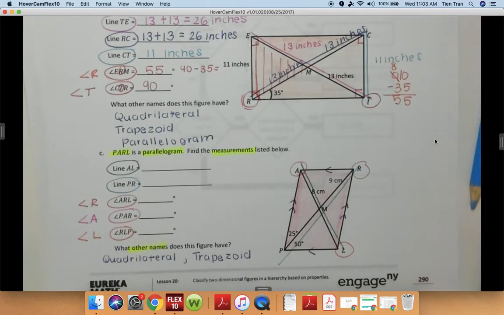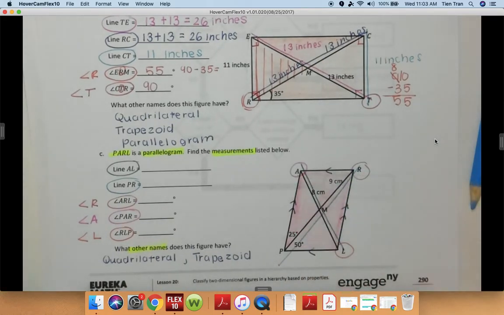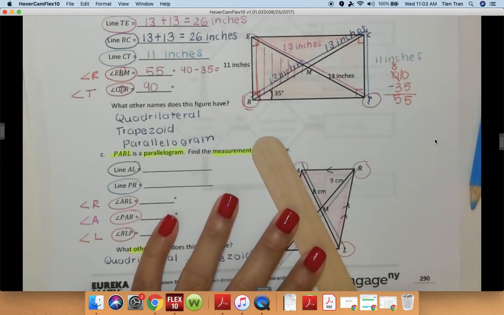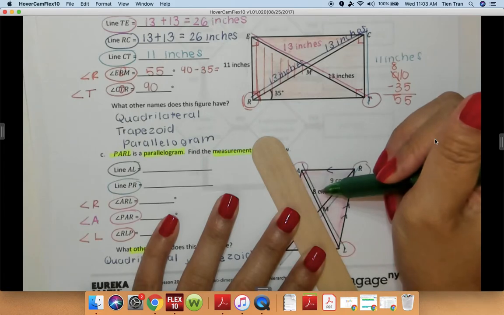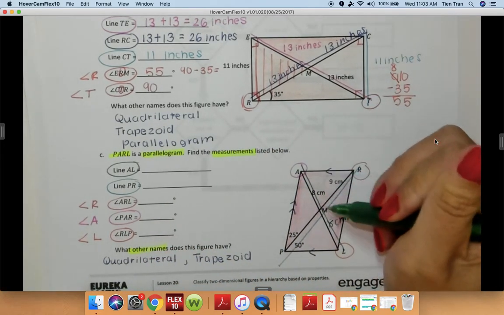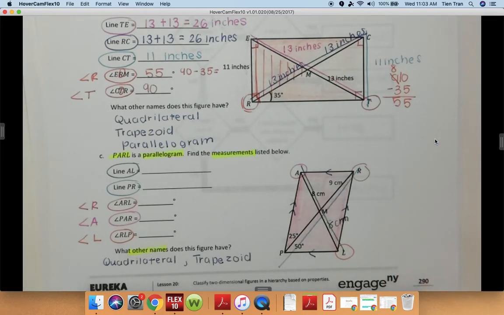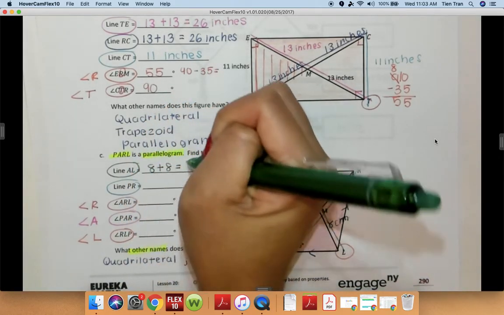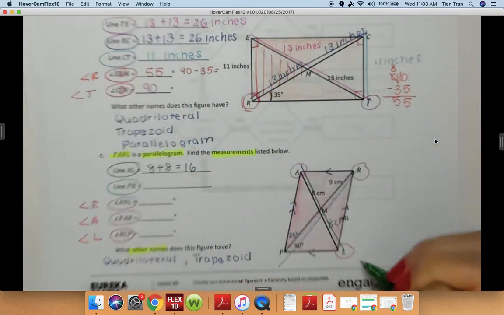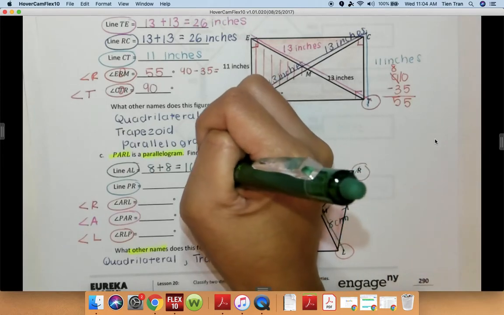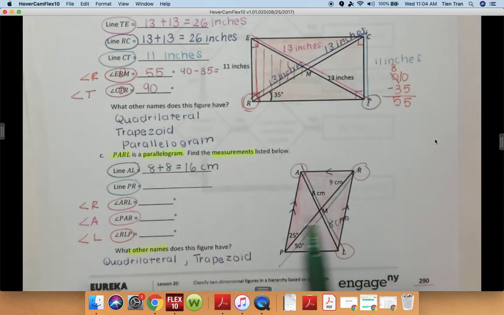So looking at line AL, okay, so I'm going to look for line AL. Here's A and here's L, so this is line AL right here. I know one side is 8 centimeters, so the other side must also be 8 centimeters. 8 centimeters plus 8 centimeters is equal to 16 centimeters. So I'm going to write here 8 plus 8 is equal to 16 centimeters. Okay, now the next one. It says line